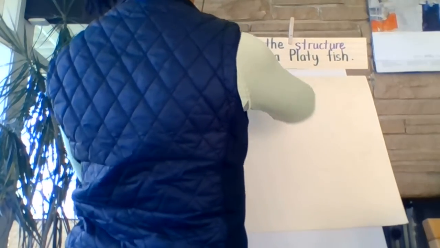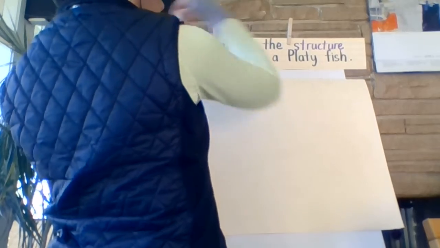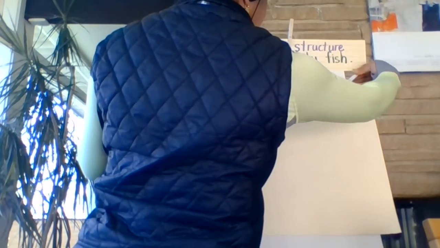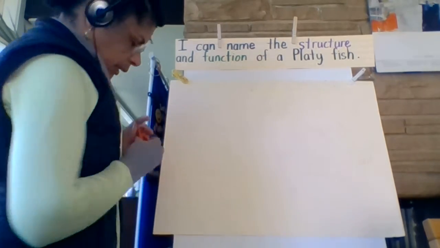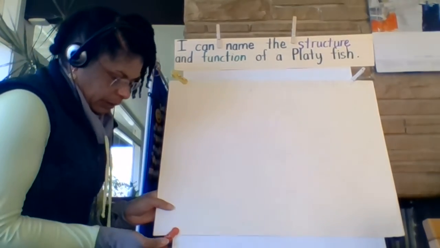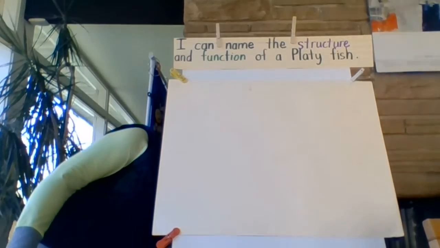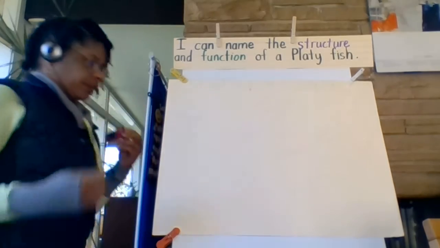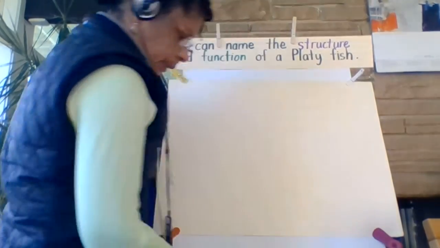Let me really quick clip my paper over here so that it's easier for me to do the picture. My board is kind of small and it kind of wobbles around, but I'm gonna try to do my best to keep it together. Over here I have one more clip over here that I could use. Okay, so